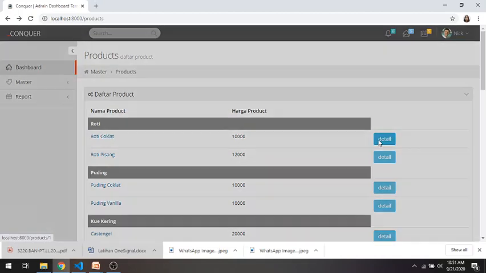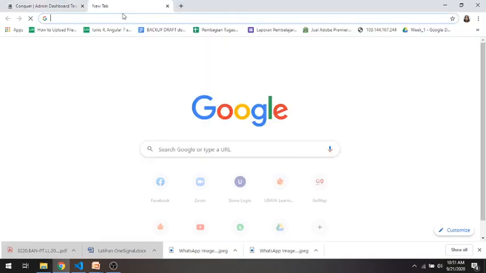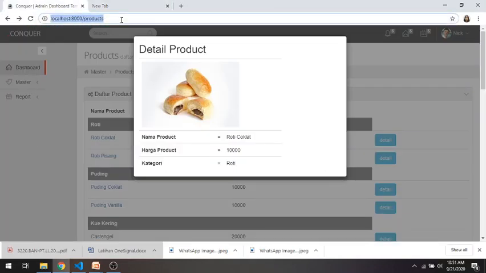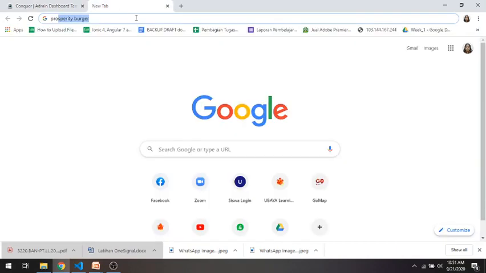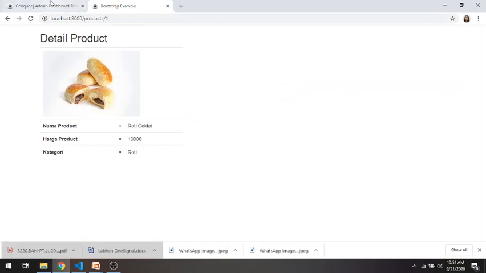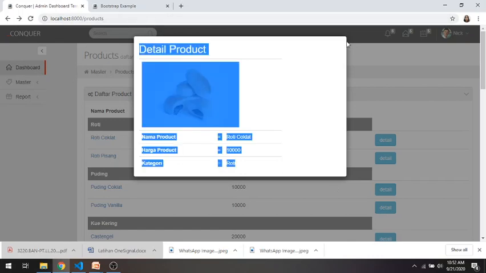Okay, try it again. This came from external PHP, from this one product ID. Came from this one. But it's showing a modal.